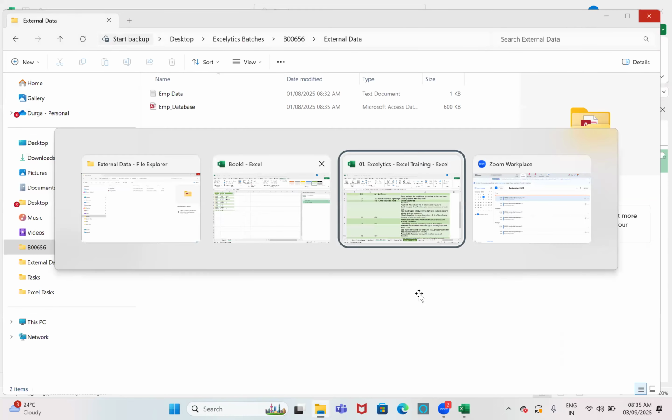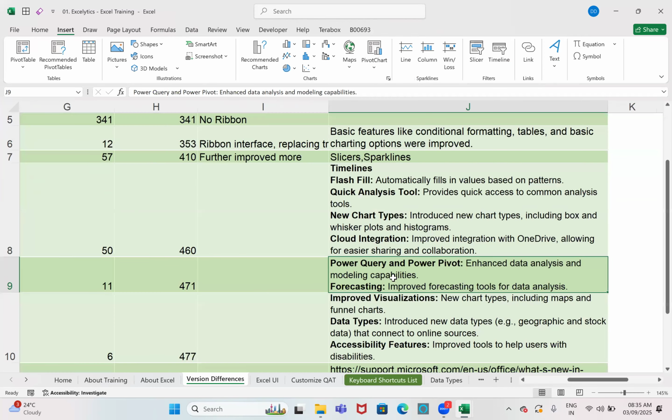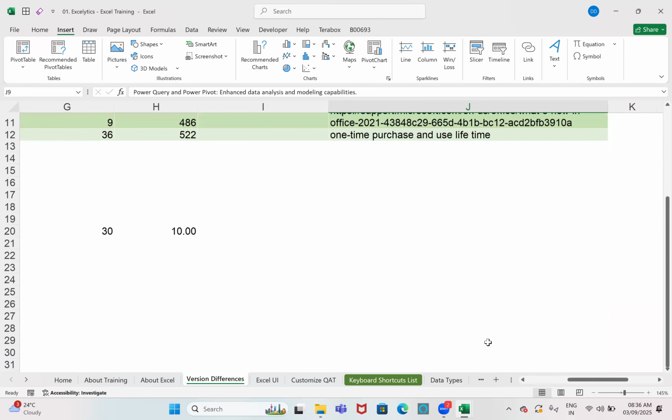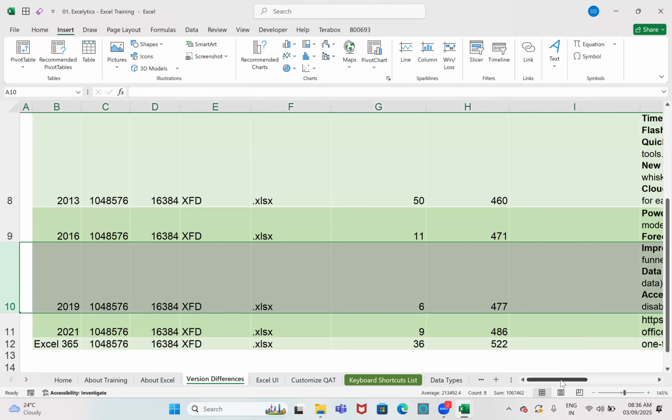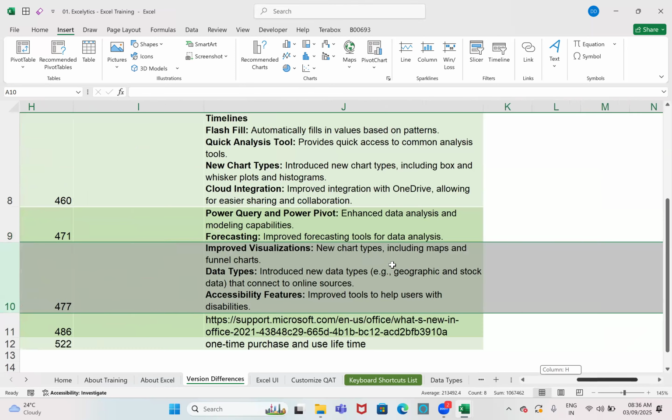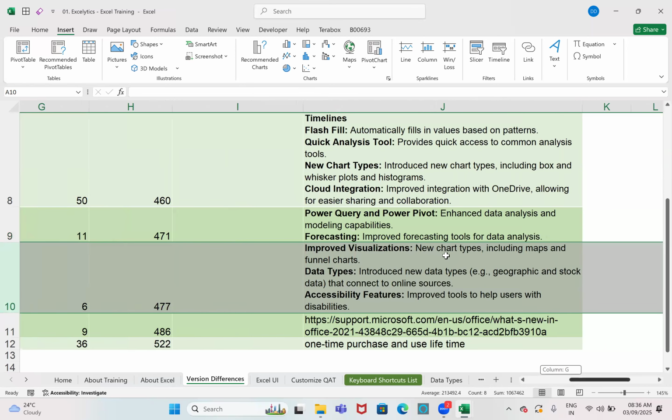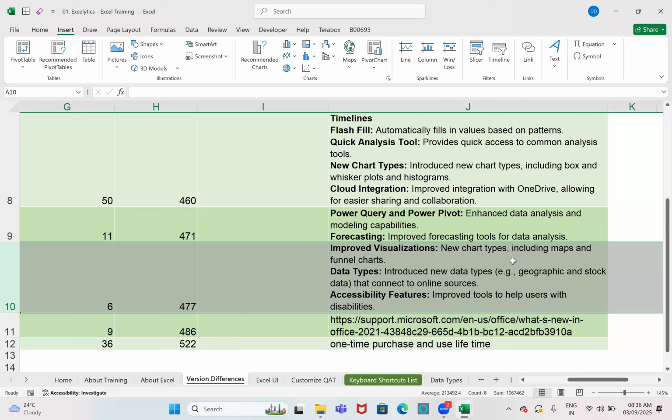This is available from 2016, and improved forecasting tools for data analysis. From 2019, more improved visualizations like new chart types, including maps and funnel charts.